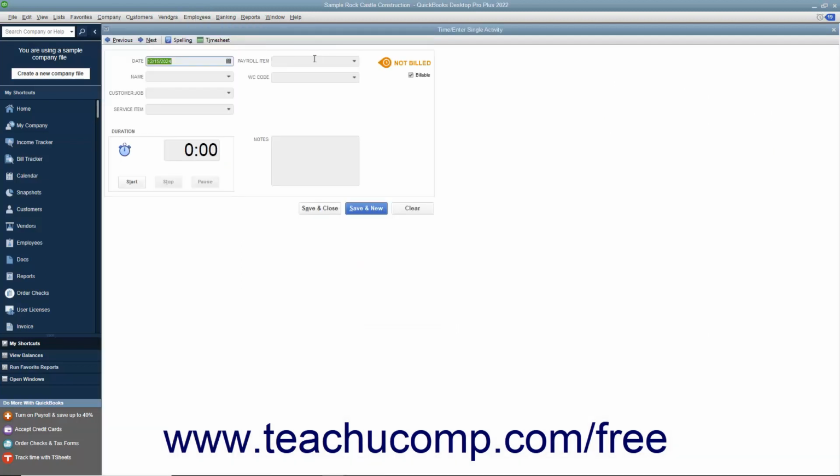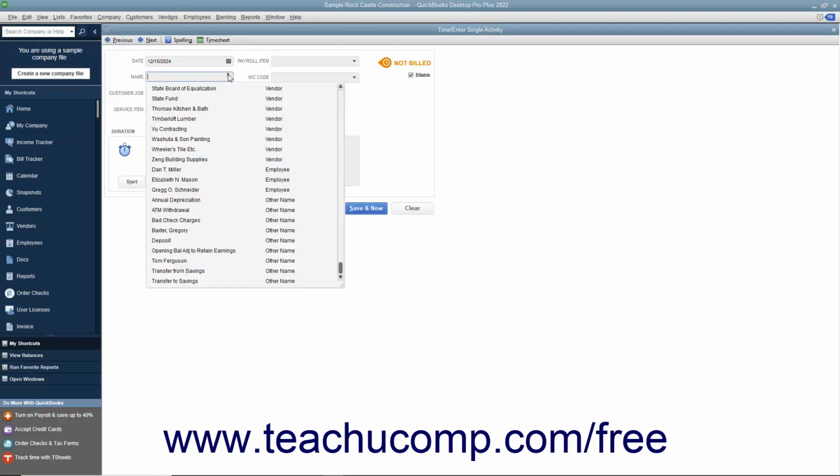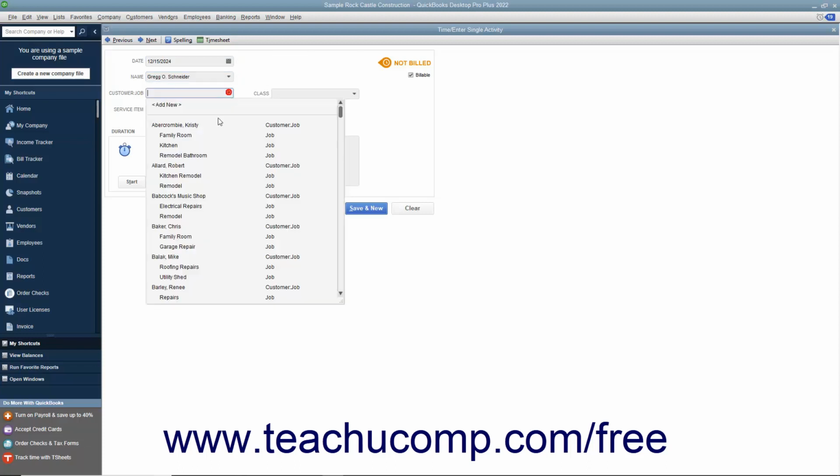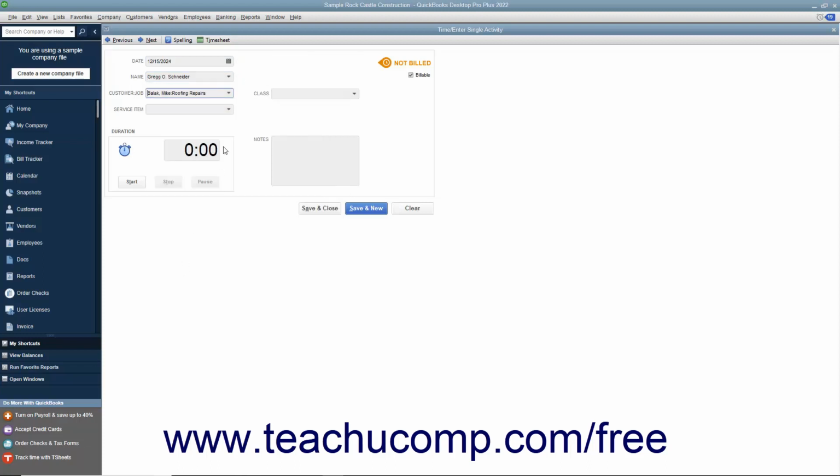Within the Time/Enter Single Activity window, select the date for the activity from the Date Calendar Selector field. Use the Name drop-down to select the person whose time you are entering. Enter the customer job, service item,